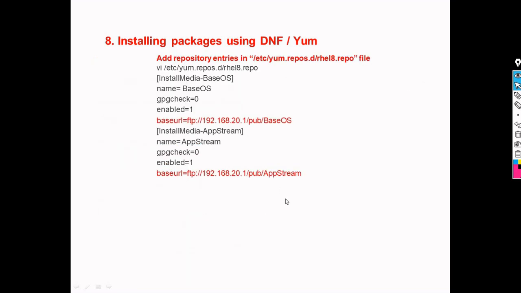Now in the client machines, if you have 5 client machines, in all 5 you have to create a file, and in that file you should mention baseurl=ftp://IP address/pub, then the same folder, that is BaseOS. In the same way, AppStream.